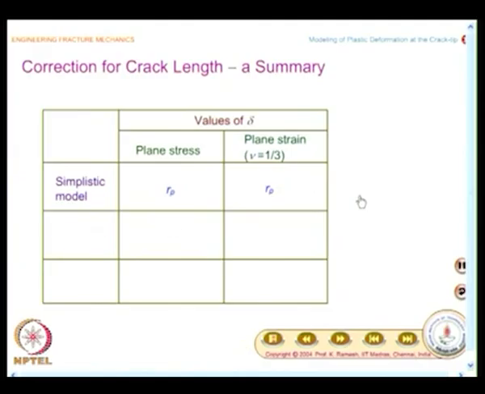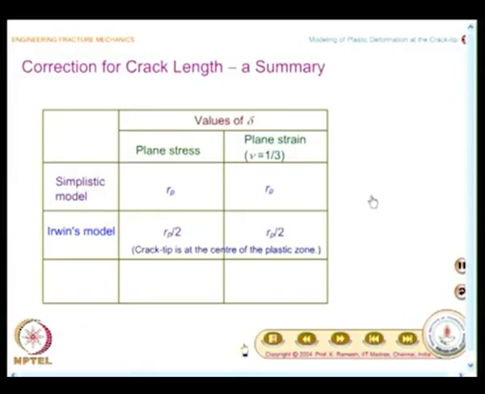However, when you go to Irwin's model, you take that length as Rp by 2, because only on this basis Irwin has arrived at even the estimation of the plastic zone length. It is embedded in the development of the equation itself. Finally, when you come to Dugdale's model, you take the total length of the plastic zone as the correction for crack